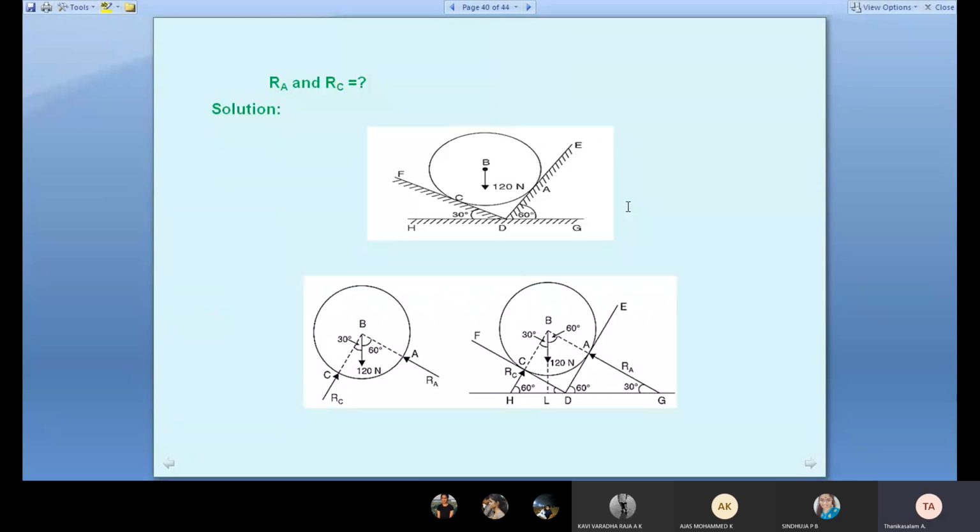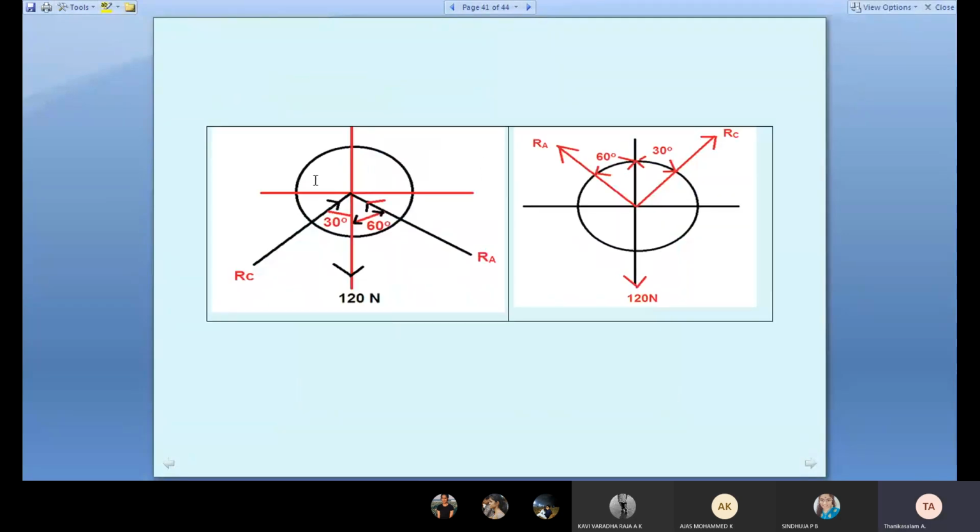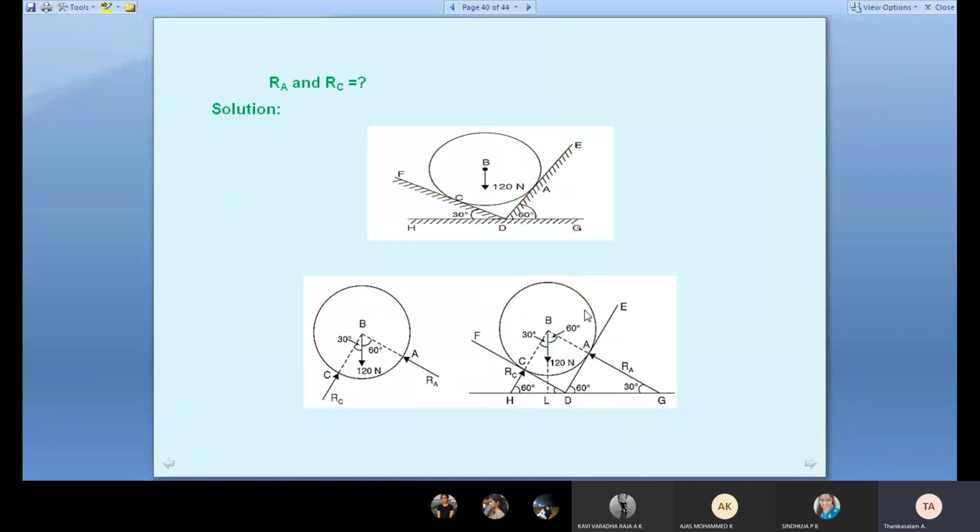That's why we finally arrived. B is the common point. RA goes to the middle, and the weight is acting from the middle. So with respect to point B, you draw the quadrant. See here, the RA angle with respect to the surface is 60, and with respect to RC it is 30 degrees. I explained, that's why they drew this big triangle.